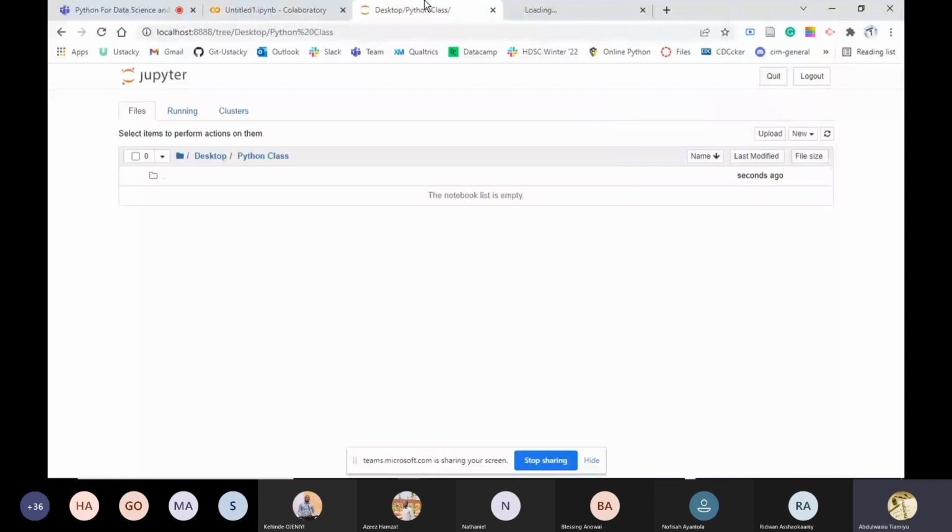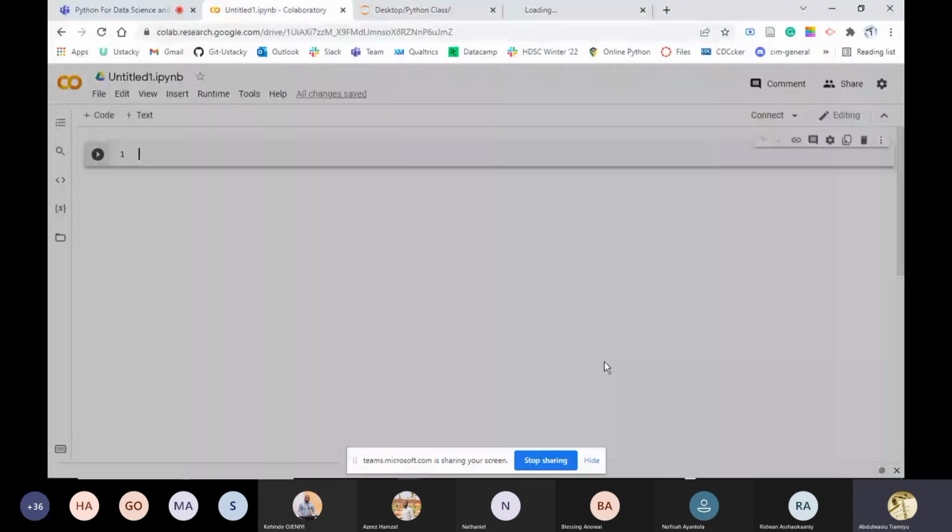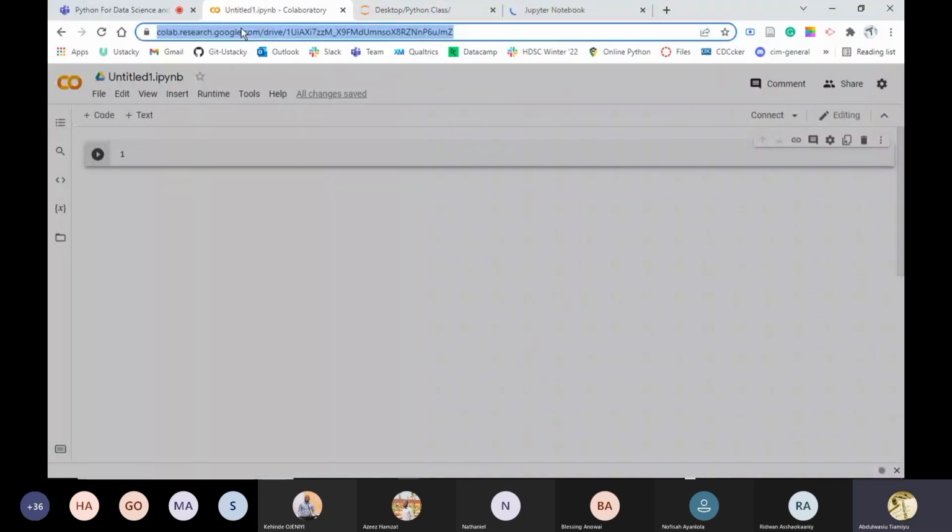And a good alternative to Jupyter Notebook is Google Colab. The major difference is that this Jupyter Notebook is offline, but Google Colab works online. And to get that, just go to